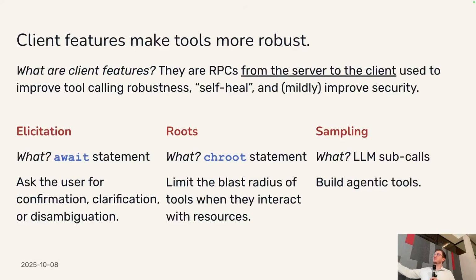Finally, sampling. Sampling is a fun one. If you write both the LLM or the agent and the MCP server, it's not useful. But what it is: rather than having your server go and make an LLM call by itself, say a function that is partly agentic and does something smart, rather than having it handle the entire interaction with a separate LLM, you can funnel the request through your client